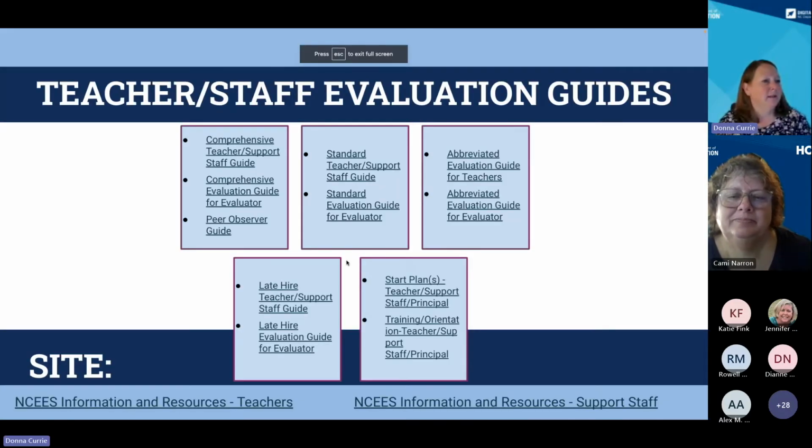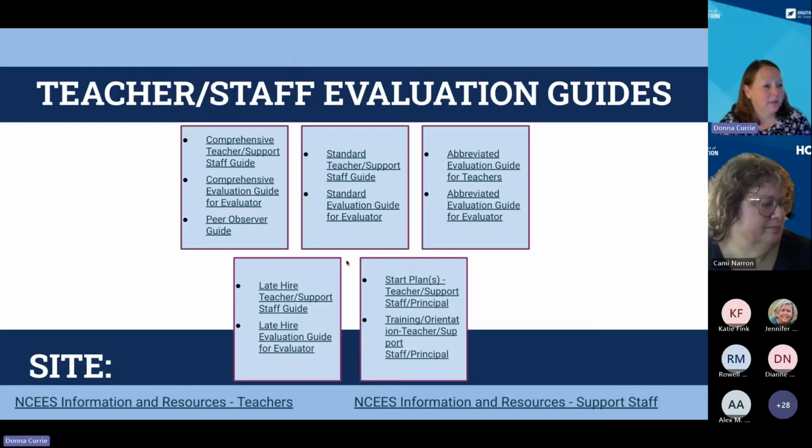Once you get in, those help guides include the comprehensive guides, the peer evaluator guides, but just about every type of guide that you can think about is available. And then if you need additional resources, at the bottom you'll see that there is a NCEES site that has access to teacher resources. So if you click on that site from the slide,